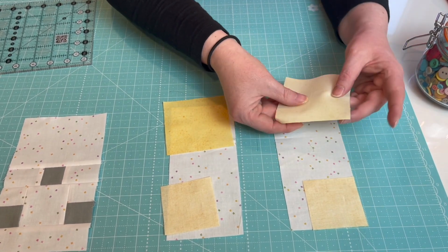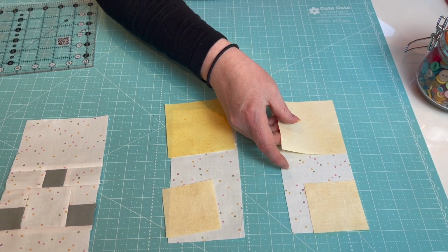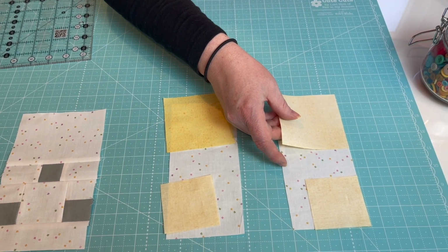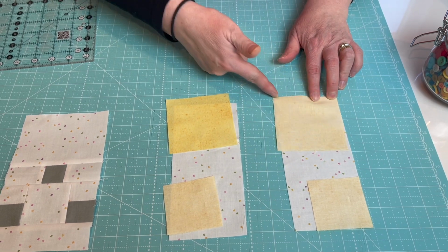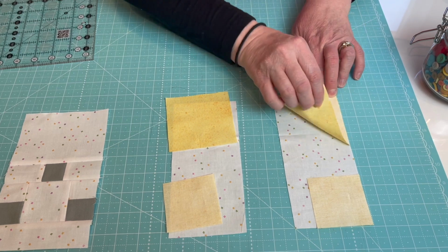And then the same thing down here. I just want to double check my pattern here to make sure. Yeah, same thing down here. We're going to be drawing a diagonal line from here to here, or sewing a diagonal line from here to here, and then we're going to be